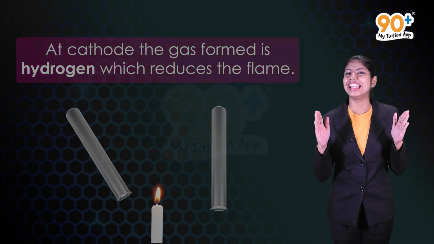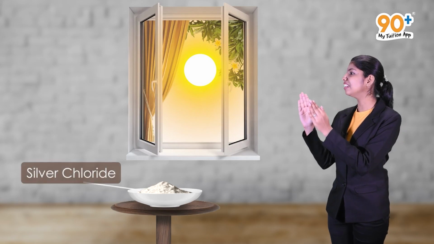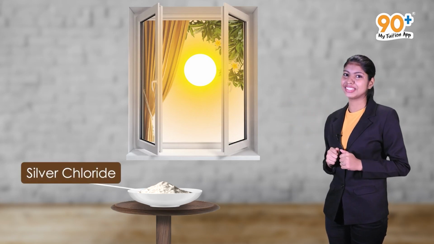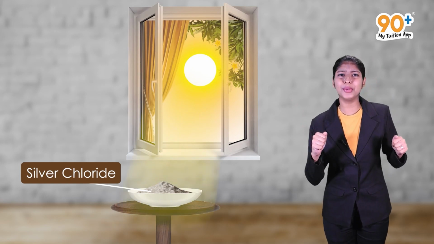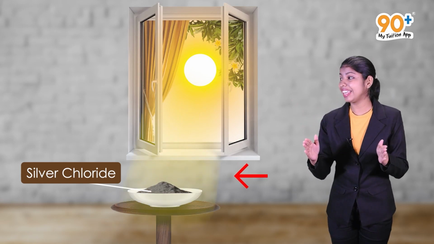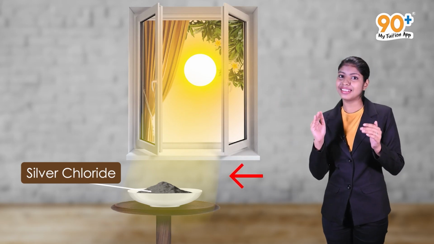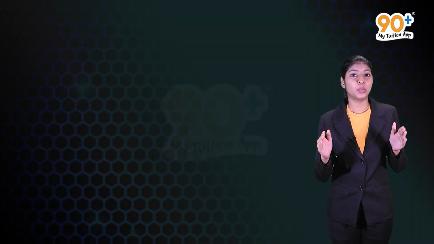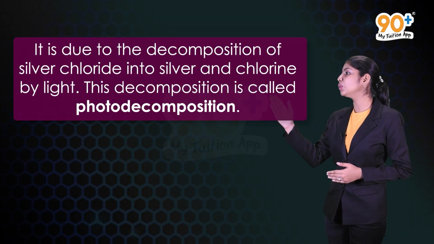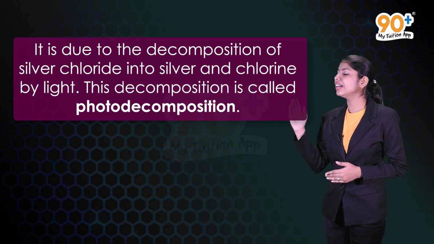So friends, let's do another experiment. For that, here is some silver chloride in a china dish. Let's keep it here for some time. What do you observe? See, the white color of silver chloride turns grey in sunlight, right? Why did it happen? We can say that it is due to the decomposition of silver chloride into silver and